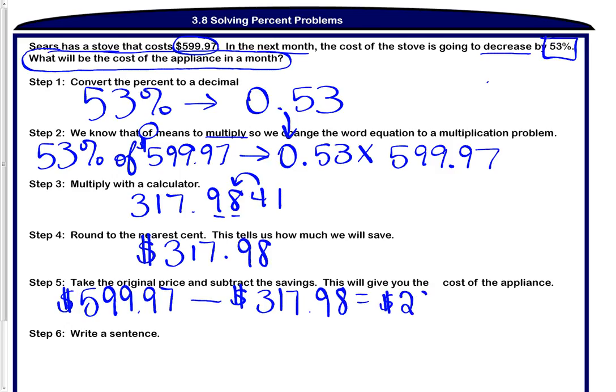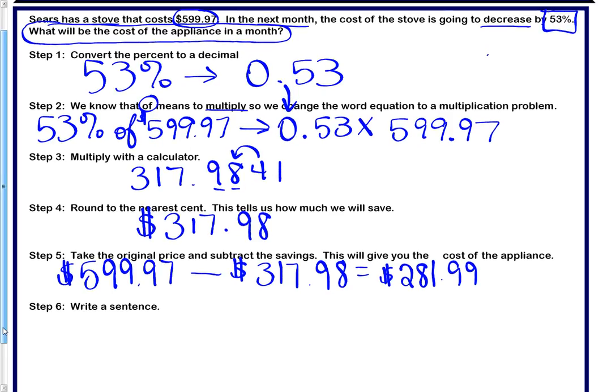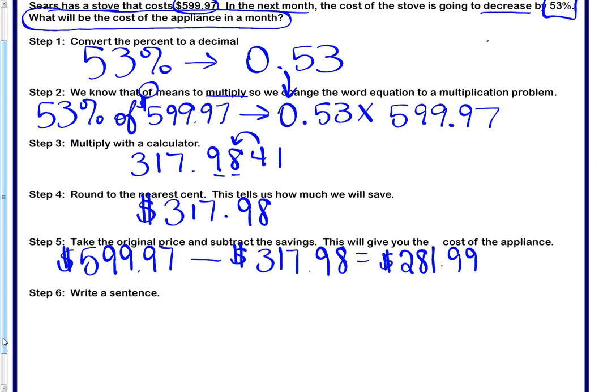We type that into our calculator, we get $281.99. Your last step in a word problem is always to write a sentence. So our question is, what will be the cost of the appliance in a month? And our sentence is, in a month,